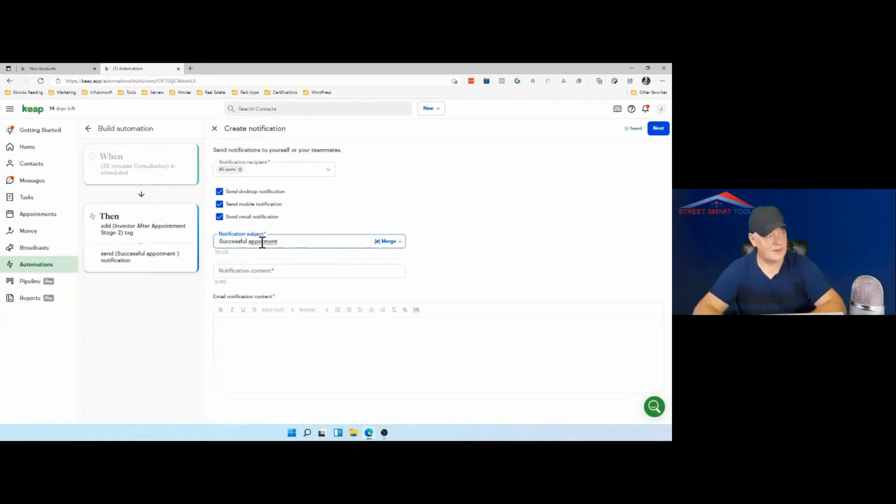So that can be when they meet second time, and they book a second appointment for stage 2. Successful appointment scheduled, and then we will use merge appointments, contact information, first name, and then we will use last name.